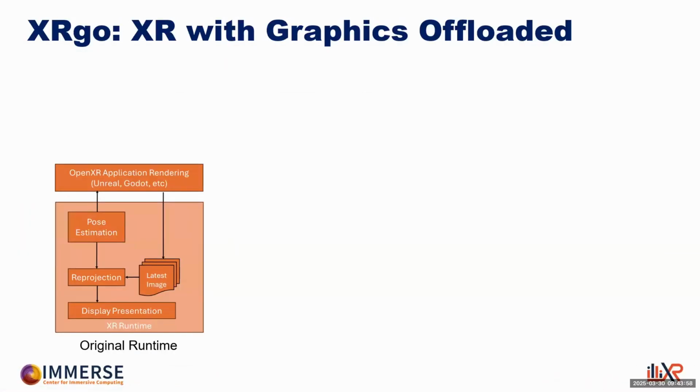Cool. So as Chinjun mentioned earlier, the XR graphics pipeline is another huge power consumer, but visual quality plays a huge factor in a user's experience. And traditionally, the device is responsible for application rendering. So it will get some poses from the XR runtime and will try to render at some target frequency. And there is a notion of reprojection where we want to compensate for maybe tiny bits of latency between the render and display time, or if you miss a frame every so often.